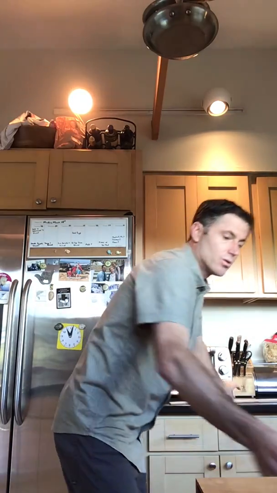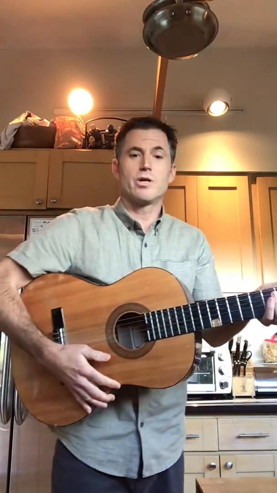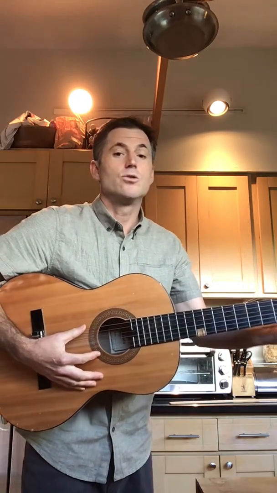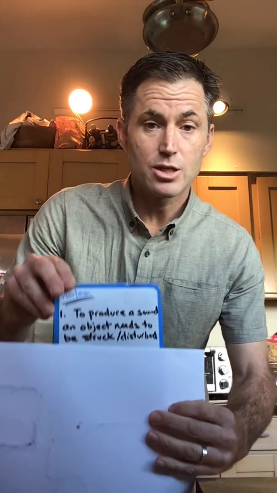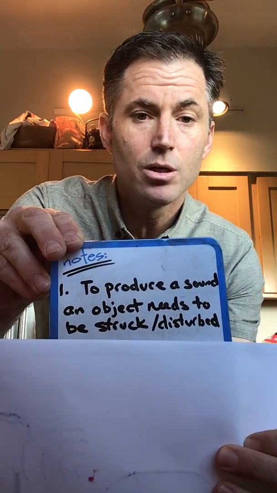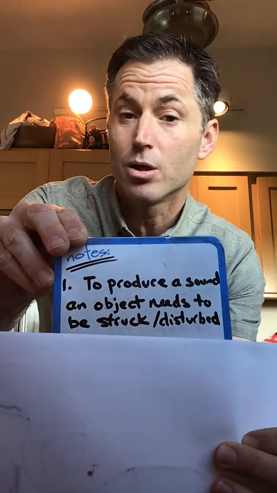But you did notice that when we had a tuning fork, we had to strike it. When we had the ruler out on a counter, you had to strike it. If you had an instrument around the room or whatever it was, you had to strum it. So, the first note, hopefully you got on your answers to your 3 questions at the end of Sound Stations, is that to produce a sound, an object must be struck or disturbed.